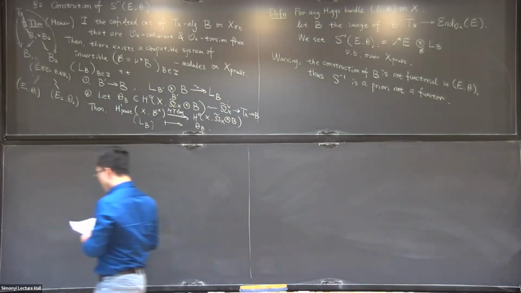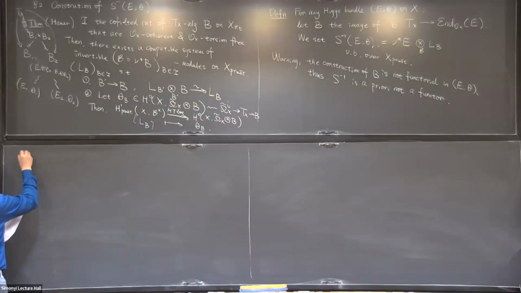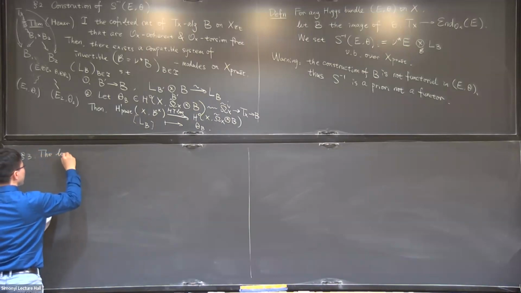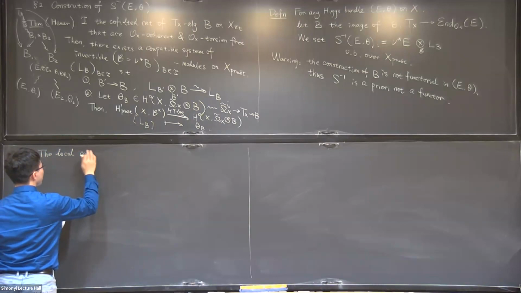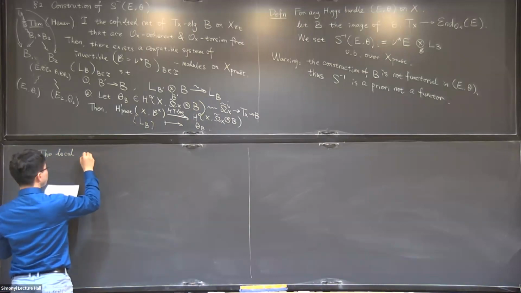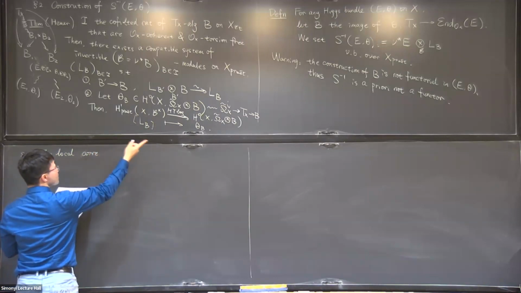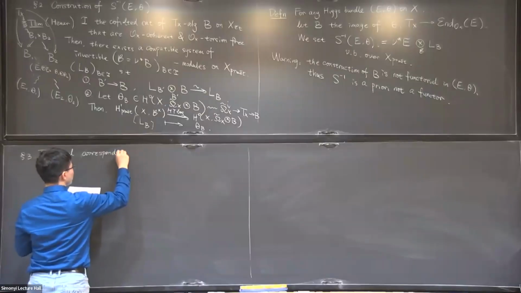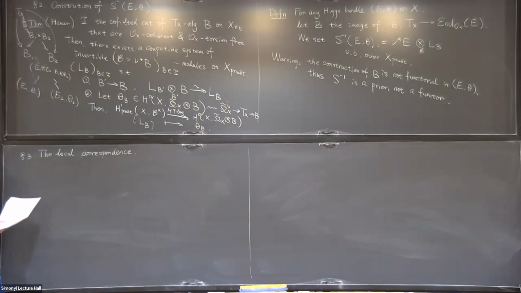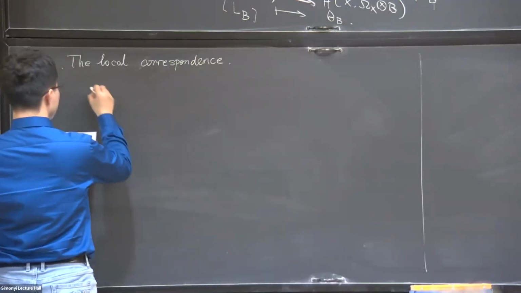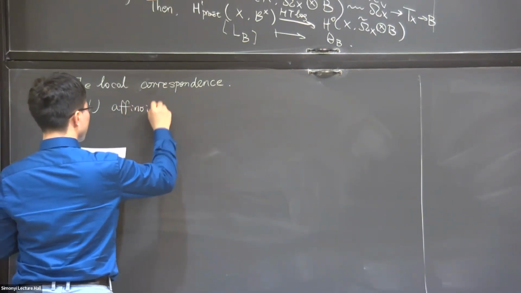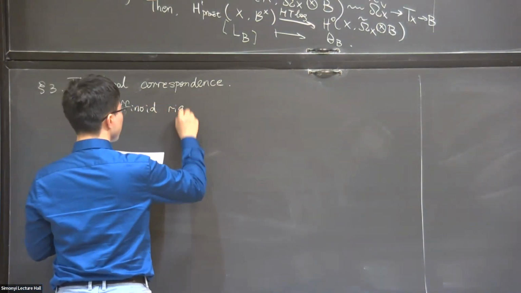Okay, so we move to the main topic today, the local correspondence. The local correspondence is the key to proving that this S inverse is indeed essentially surjective. So let me fix some notation. Let U be an affinoid rigid space